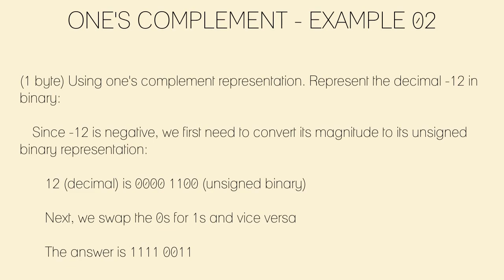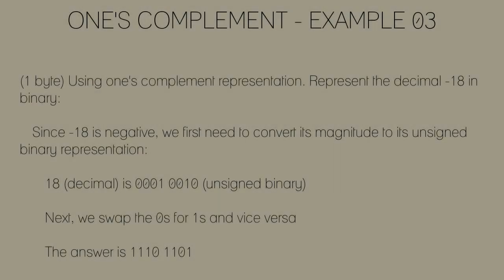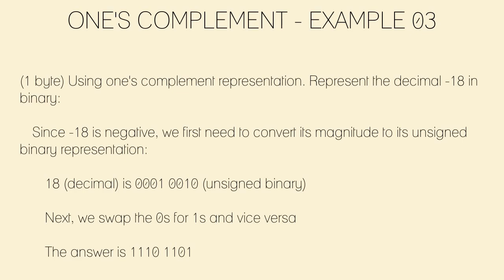So if we take our binary number 00001100 and flip the bits, we get 11110011. And there we have it. In the 1's complement system, the binary representation of -12 is 11110011. This might seem a bit challenging at first, but with practice, you'll find it becomes a natural part of understanding binary number systems. Now, let's delve into a new example to further illustrate how we handle negative numbers in